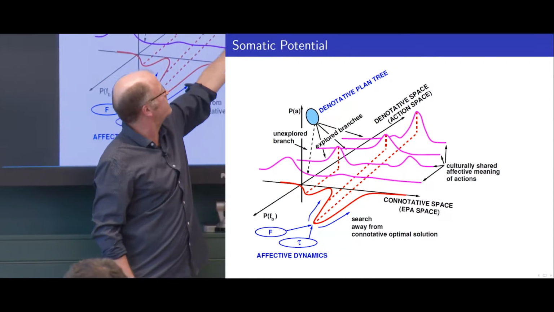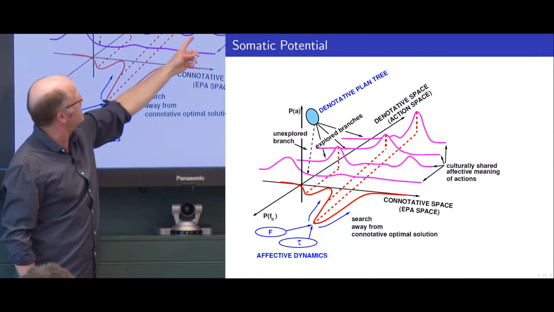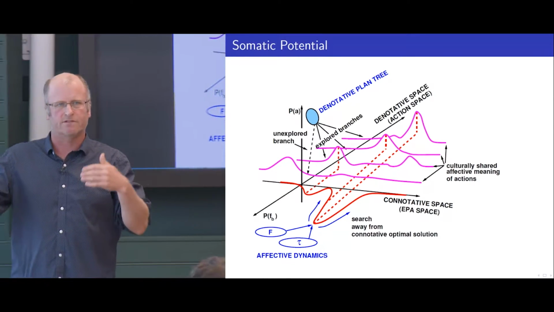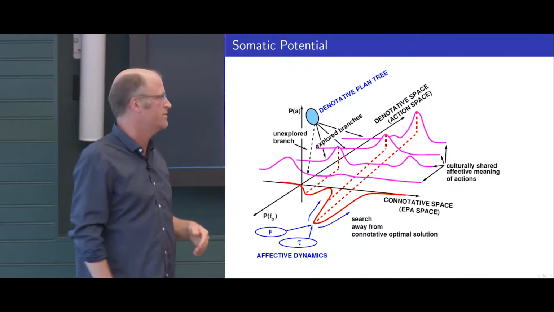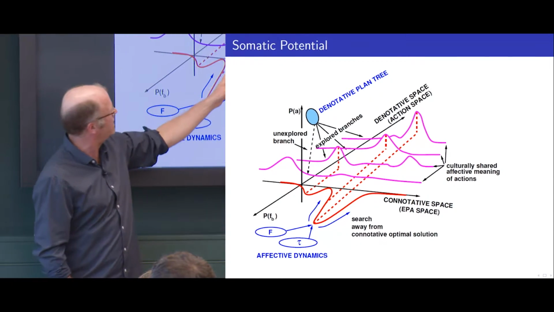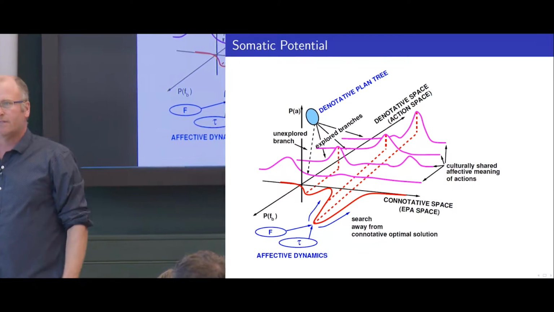So here's one that's fairly peaked. Here's one where there's some disagreement. So some people said it was positive, and some people said it was negative. So it's multimodal. If I stand on the connotative axis and look down these red dotted lines, this is like imagining that you're at a point in the EPA space